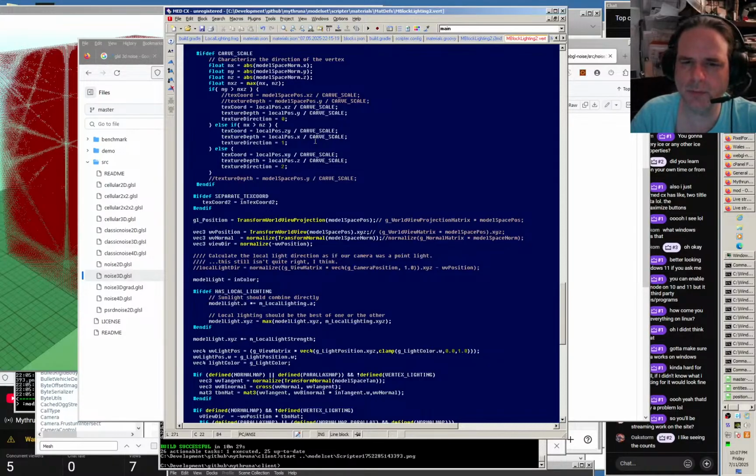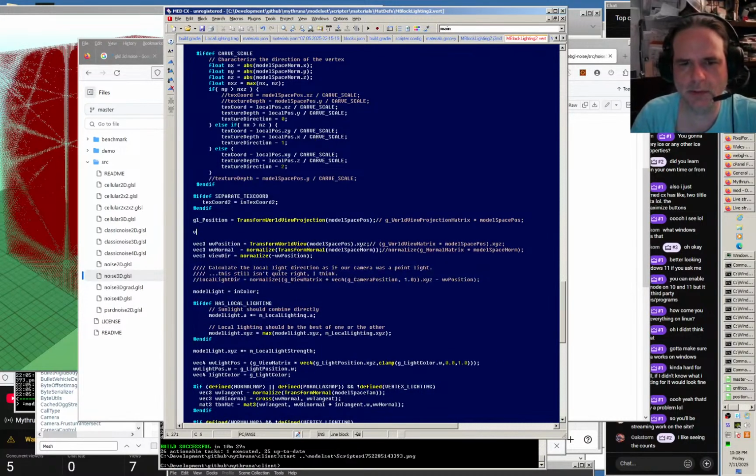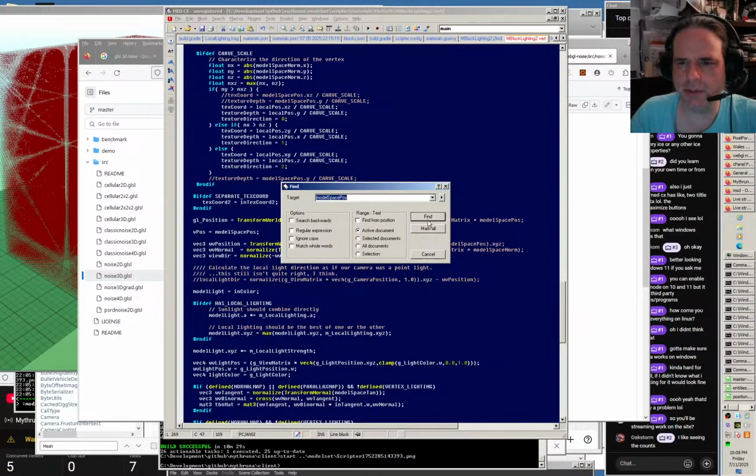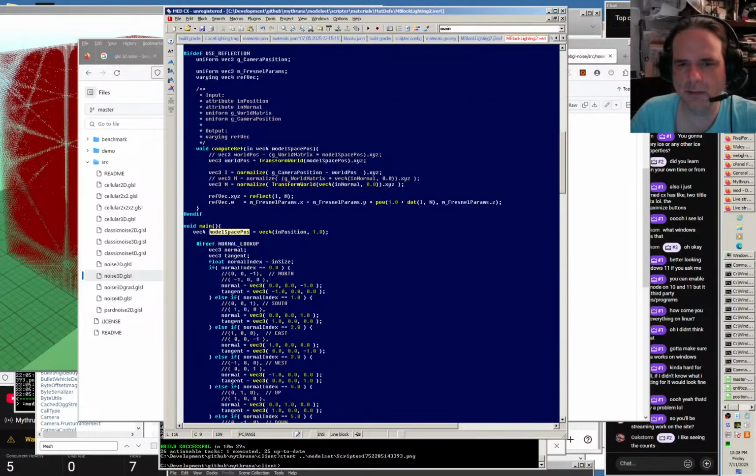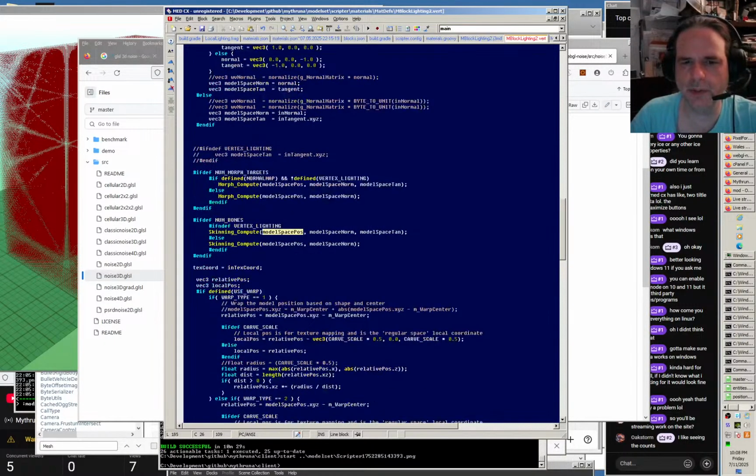So that's the world position, but we actually want vpos to be the raw model space position. And model space position is a vec4, so we want